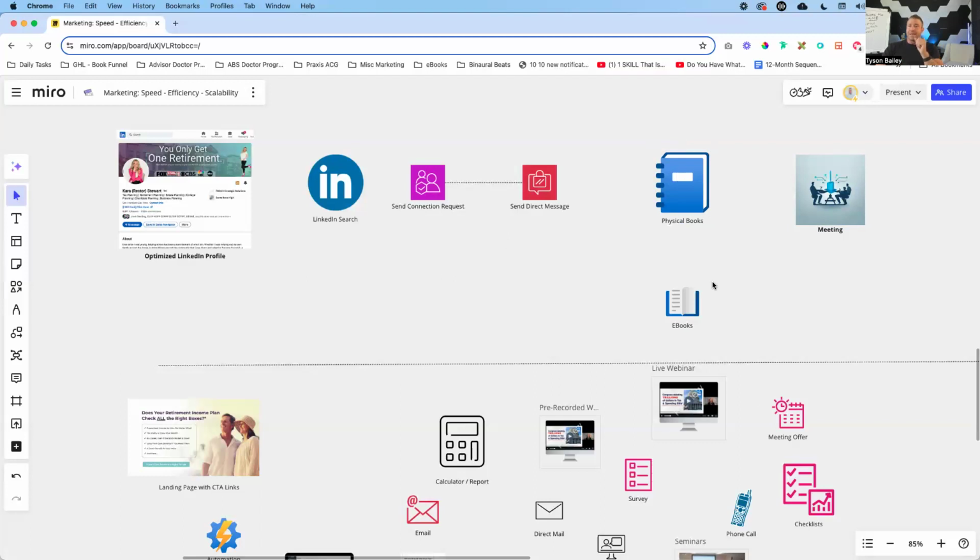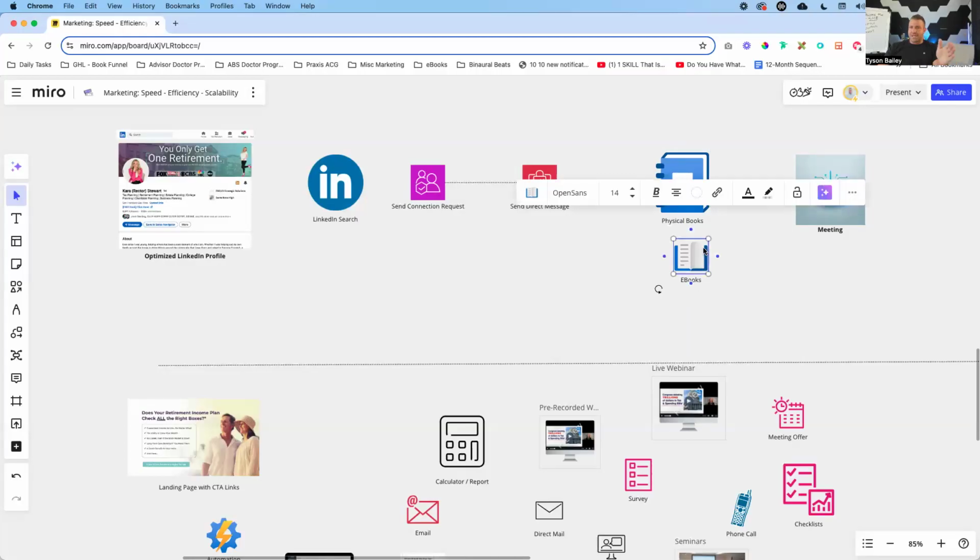Now, again, if money or budget is an issue, take a look at doing an ebook. With a lot of marketing, done is better than perfect. And you don't have to, what's that? There's that Bible, basically, or crawl before you walk, or crawl before you run, whatever that goes to. Or I think it goes into, make sure you give babies milk before you give them meat. You guys know what I'm talking about.